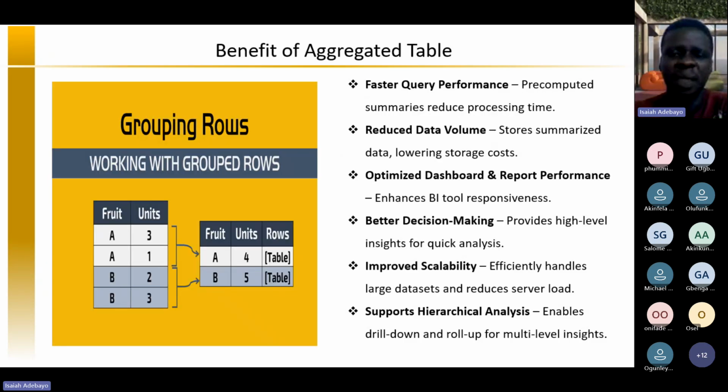So let's talk about the benefit of aggregated tables. But before going to that, look at the pictures I have on my slide here. We have a very good example of how an aggregated table works. You can see that in the data set, we have two columns, basically